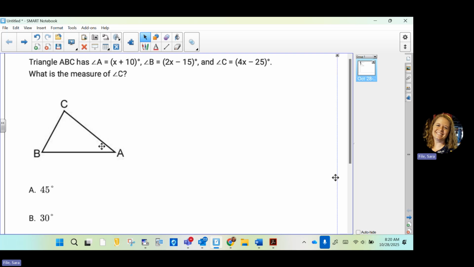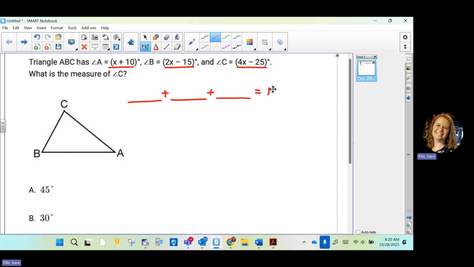You do not need a picture to solve this problem, because how many angles are in every triangle? 3. And what do those 3 angles always add up to? 180. That's what you needed to know for this problem. You have 3 angles, A, B, C, and they tell you what those 3 angles are. We know that if we add those 3 together,